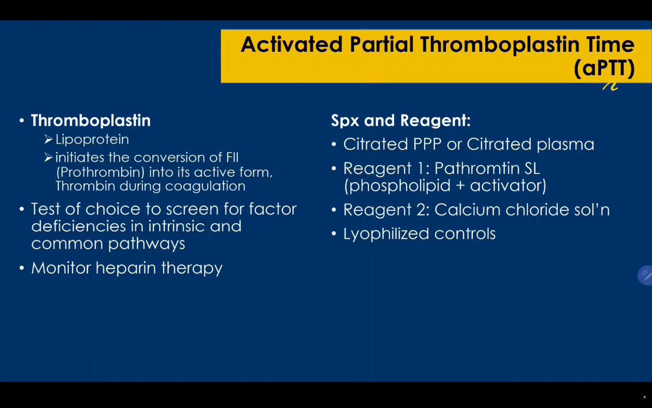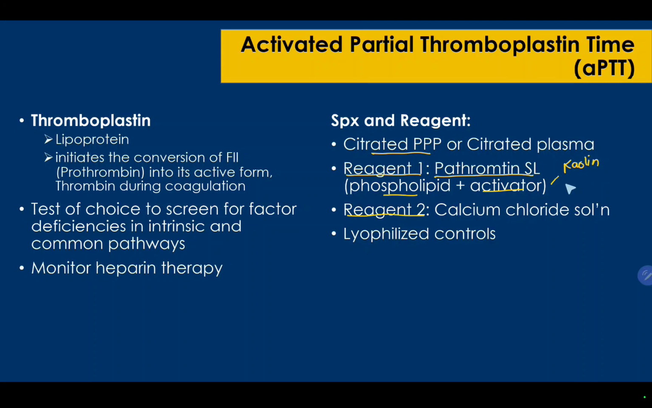Similar with your prothrombin time, your APTT uses citrated platelet-poor plasma or citrated plasma as its specimen of choice. In the APTT, we have two reagents, the APTT reagent and the calcium chloride solution. The APTT reagent consists of platelet substitute prepared from brain or plant phospholipids and the negatively charged activator,